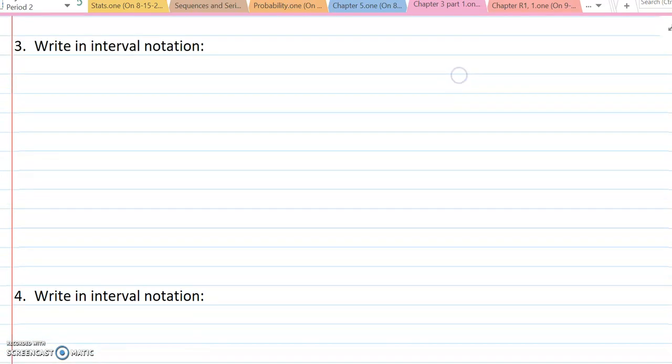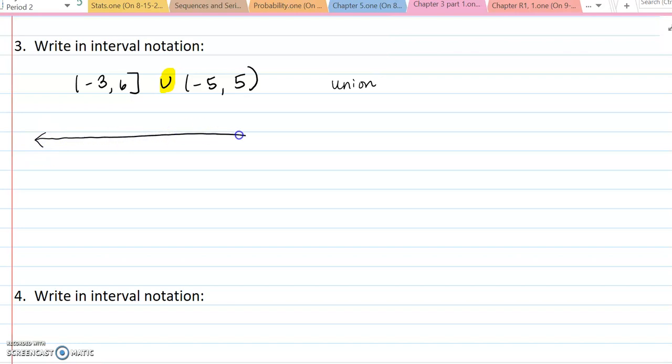Number 3 is a problem that uses a symbol that you learned in geometry. This symbol here in the middle is the union, and it looks for the combination of those two intervals. So the easiest way to think about that is to draw them both